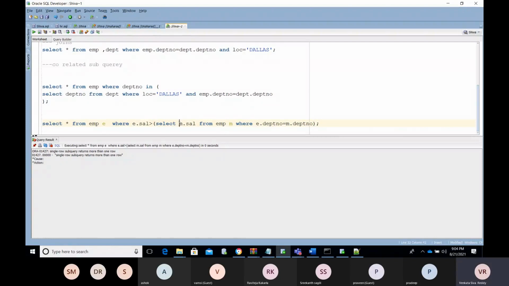So what I said, who is getting the maximum salary of their own department? I need to use the maximum salary, max of salary. So now you will get the information, but no one is having a salary greater than the maximum of their own department.